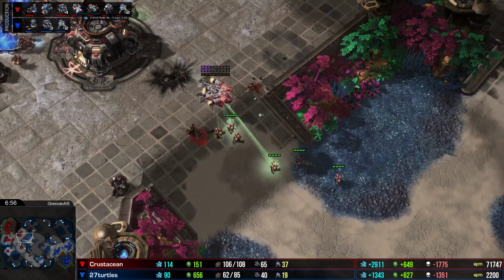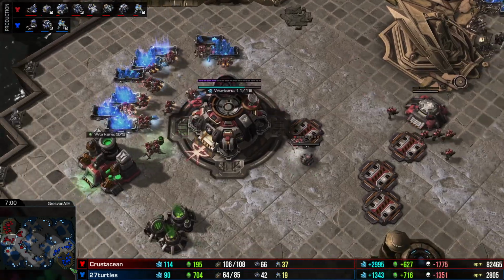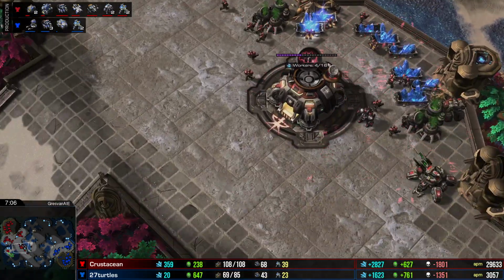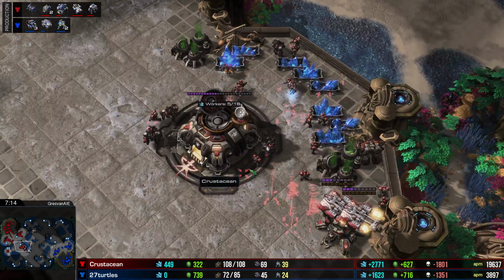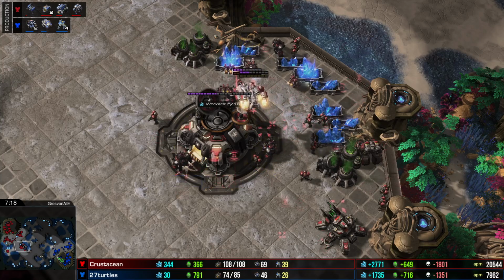All the while this is going on, we've got Crustacean really macroing up, making 4 SCVs at a time, ahead on workers by 20, whereas 27Turtles is playing much more passive. There's a 5th base going up compared to the 3rd of 27Turtles. And the one thing that I will say is concerning for Crustacean is the lack of combat shield on these Marines, the lack of any upgrades coming out, and